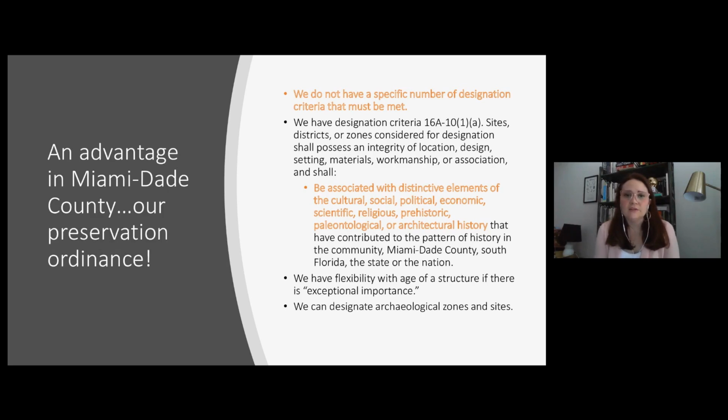We aren't tied to a specific number of criteria for designation. One is enough, and that one can be the one highlighted in the middle, which is associated with distinctive elements of cultural, social, political, et cetera. It does not have to be just architecture.